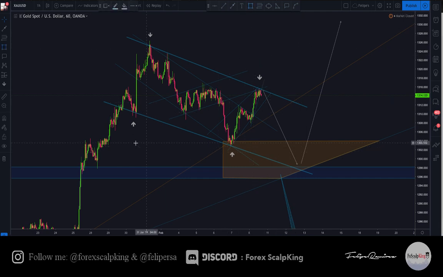We cannot ignore, however, please do not ignore this support right here. All right, check that out. This support with here, with this resistance, could be an interesting double bottom right here, and then price not reaching this trend line nor reaching this support trend line. But then again, remember, corrective waves go ABC, ABC. So ABC, ABC. We've already got this A, B. So this C could be another ABC subwave pattern. And right there is where we're going to get that big rebound off of this trend line support